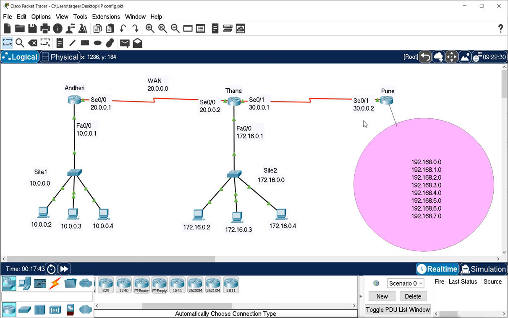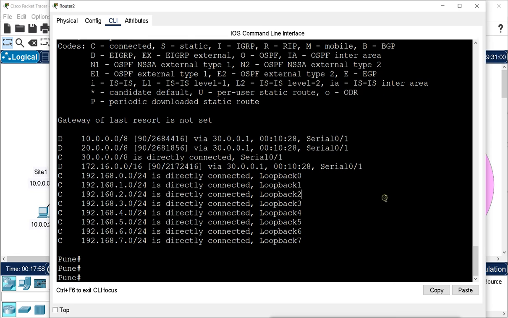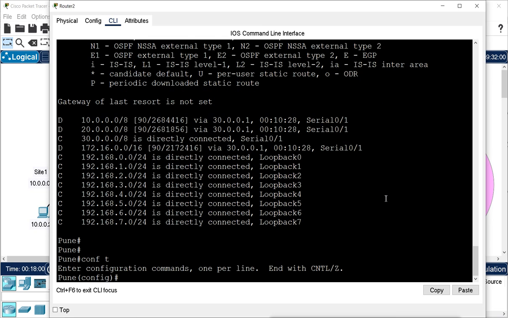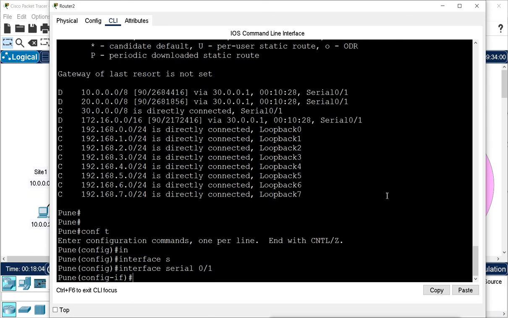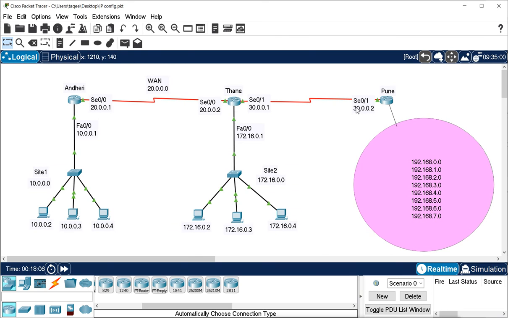And we do this on this interface, because this interface is sending the routing table on this side. So we can configure summarization on EIGRP on an interface basis. So I will go to this Pune router, and I will go to the interface serial 0/1. That is the interface where we want to send the summary address.